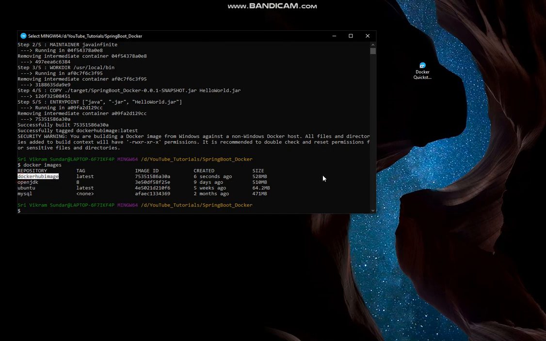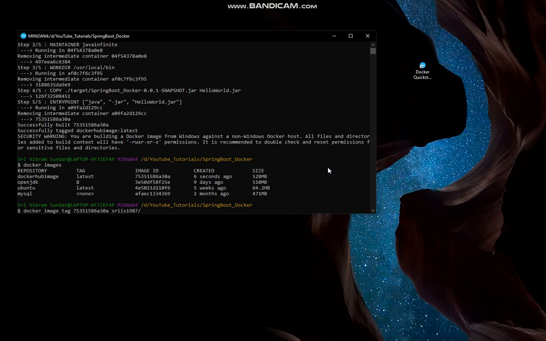The next thing is we have to tag that image before we push it into the Docker Hub. We have a command for tagging the image. It would be docker image tag, followed by the image ID, and followed by your Docker Hub ID. Mine is SRIAS1987, and let me create a repository for this.